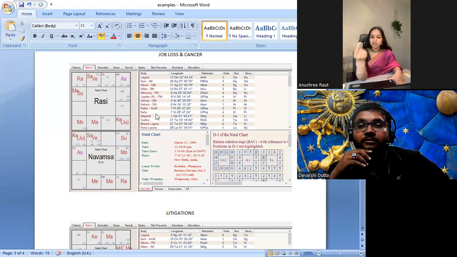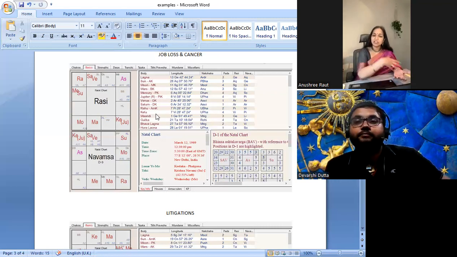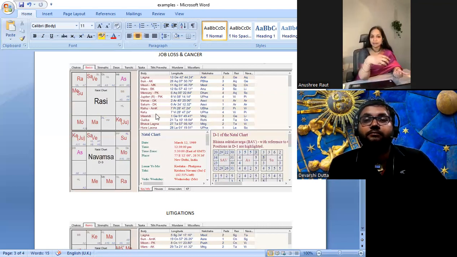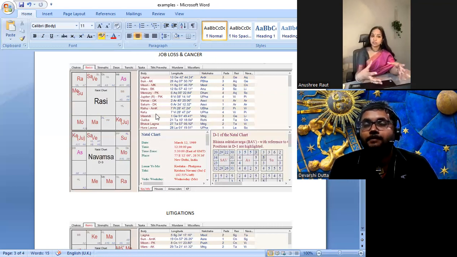So Venus is diabetes. Venus is also kidney. Though Venus is not really at 29 degrees or 0 degree, Venus is at 2 degrees, it is giving that Sandhi effect because it is with it. So it is not just in this chart we see that it is not just the planet in Sandhi which is giving the issue, but also the planet with the Sandhi planet. Up to 3.20 is Sandhi, right? 0 to 3.20 exactly. But 2 degrees is not that great Sandhi. I would say 29.30 plus and 0 degree to 1 is more severe with regards to losses.